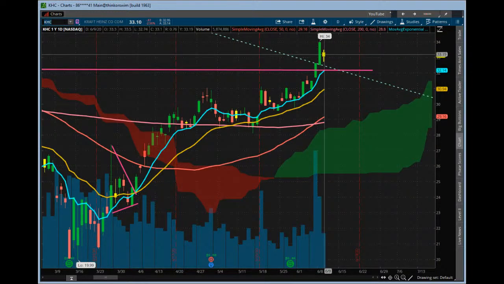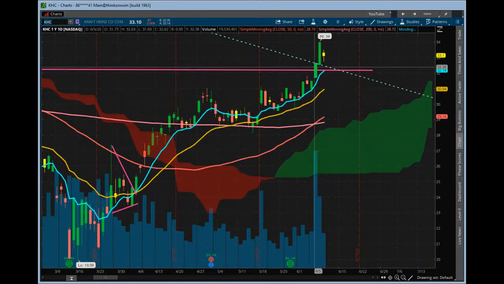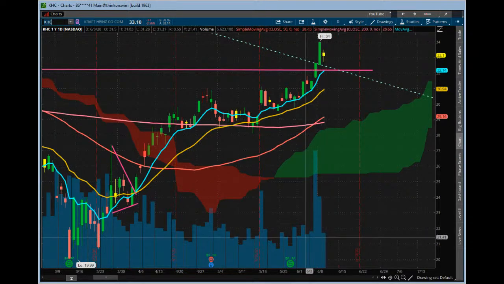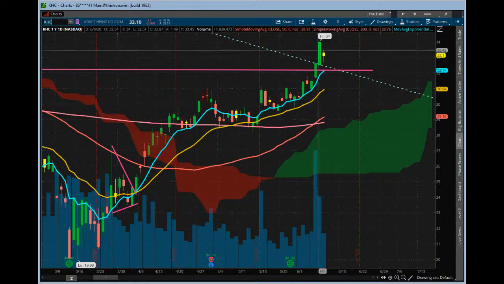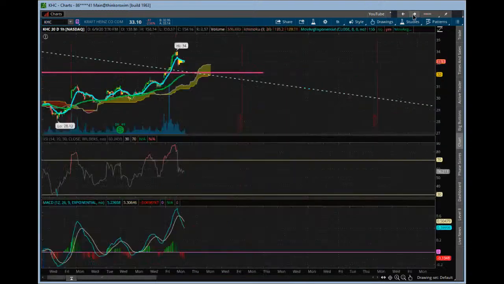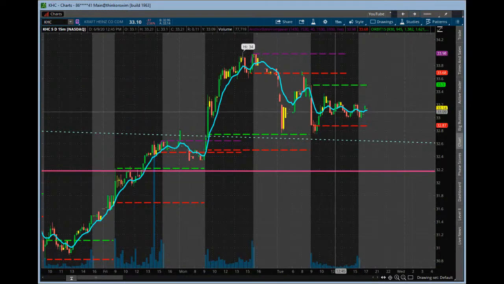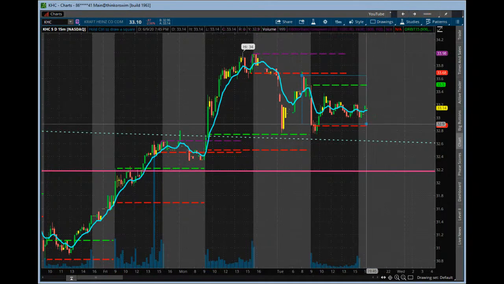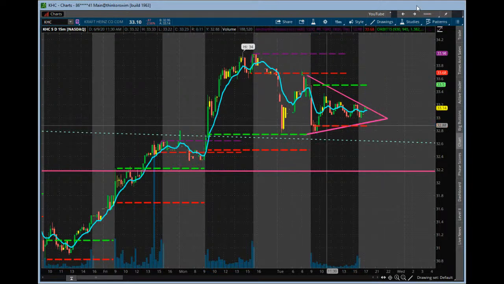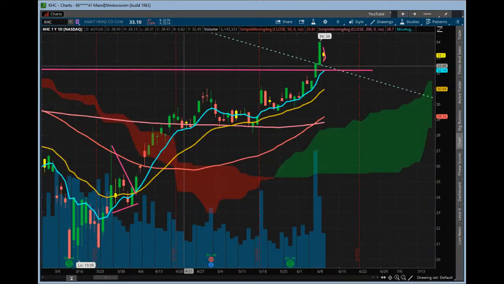Inside day today. So huge volume on this candle. I like this, right? So the volume was rising here, and then it gave you a nice candle. It gave you that pop yesterday, and then it gave you the inside day today. So it just kind of was like, choppy, sloppy here today. But it is a tight triangle right there. So see if that breaks one way or the other going into tomorrow. So nice find on that one.